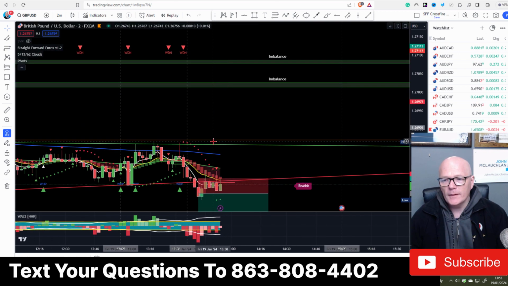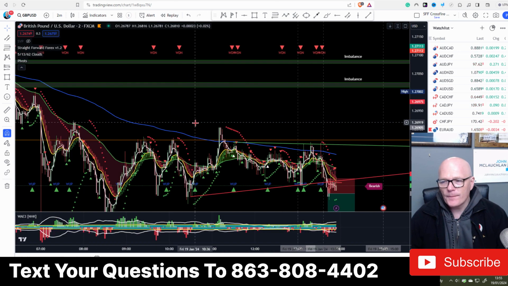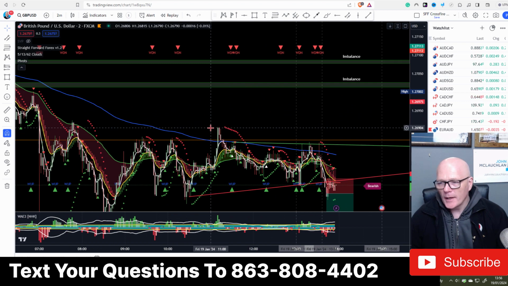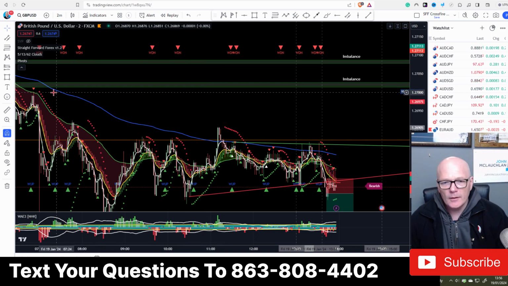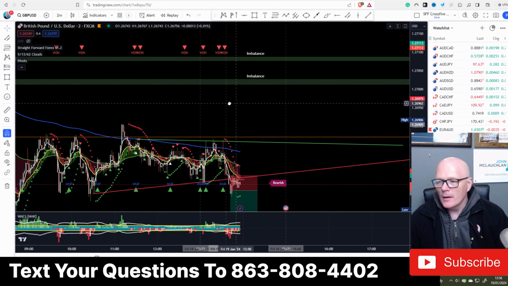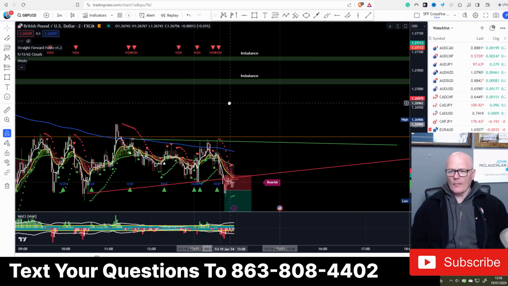Okay, so if it did go above here, then we'd be going, okay, we've got a nice bit of distance to the imbalance. If we go left, okay, we've got this higher high here, which could be an area of resistance. And obviously this one here, and then going up towards this high here, and then the imbalance. Okay, but it's not there yet. And also, where we determine where price is going to go depends greatly on price action at the time.